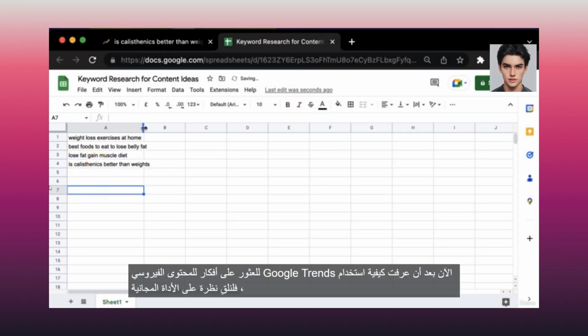Now that you know how to use Google Trends to find viral content ideas, let's look at our second free tool,